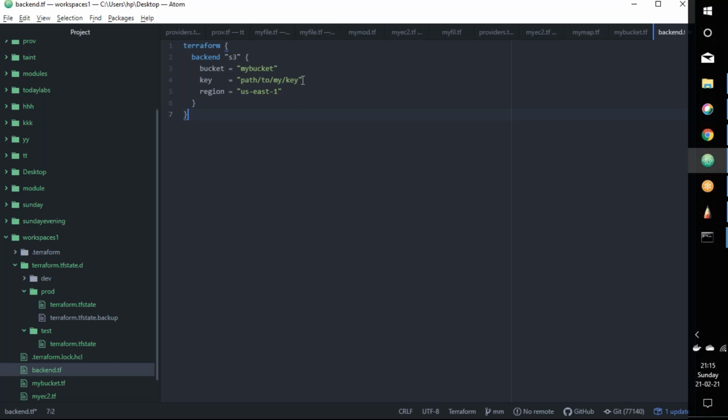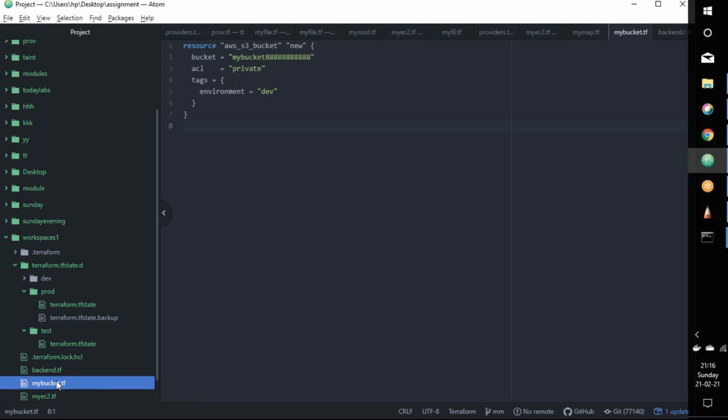Okay. Let's give the name of the key here, and let's change the bucket name. What is the name of the bucket which we have created? That's the name of the bucket. So this is the name of the bucket. Let's use this bucket name